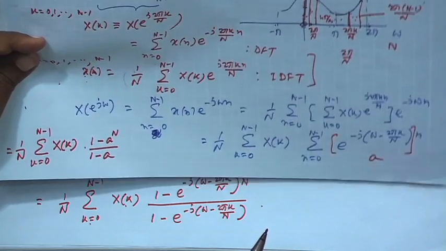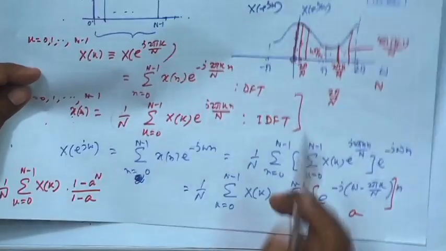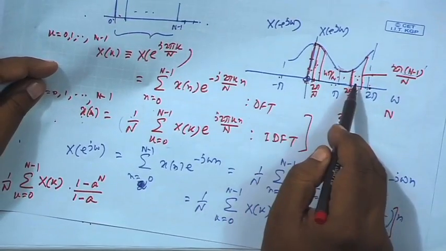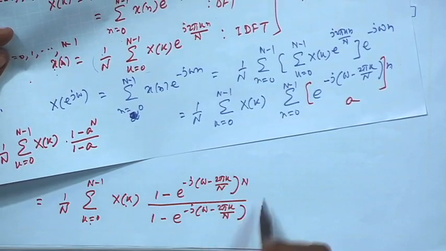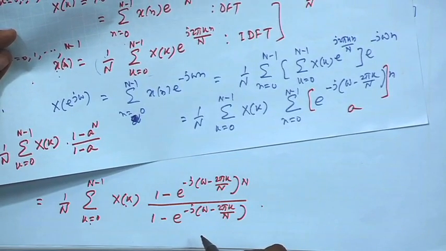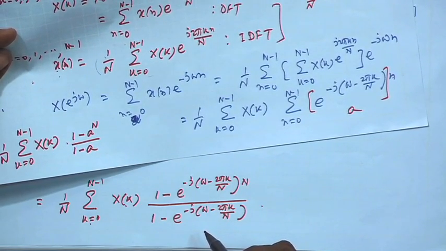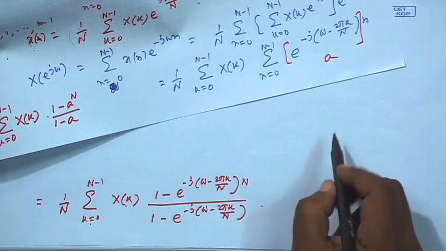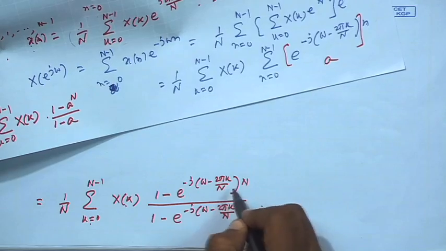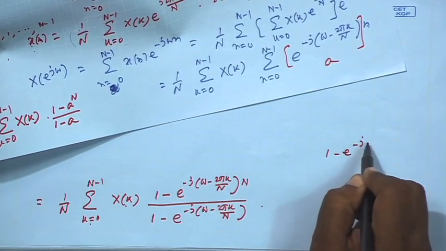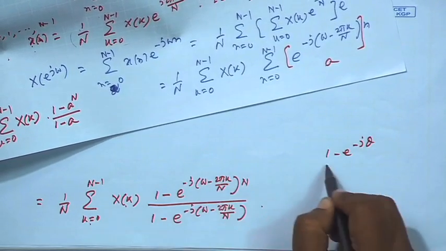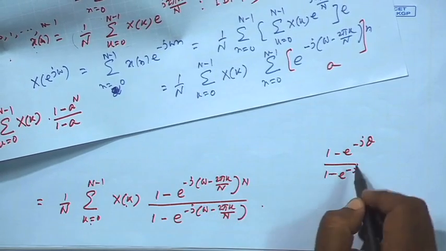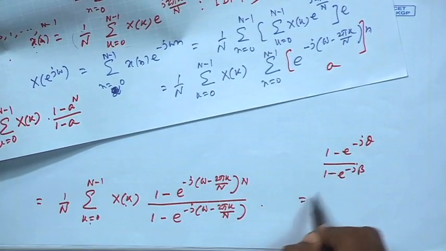So, this is one property. This shows that DTFT itself can be obtained by an interpolation formula of this kind using its own samples. Every sample is multiplied by a function like this. Okay. This function, in fact, you can do some manipulation, it is of the form e to the power minus j theta, you call this angle theta, divided by e to the power minus j beta, you call this angle beta. So, then you take e to the power j